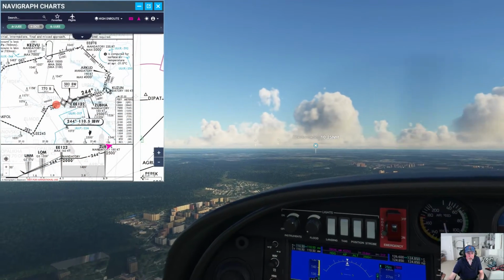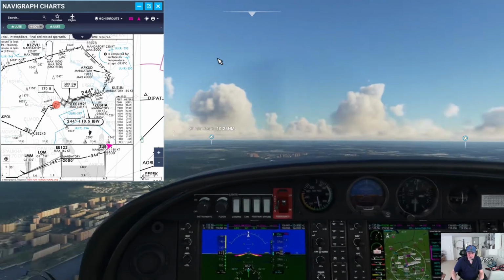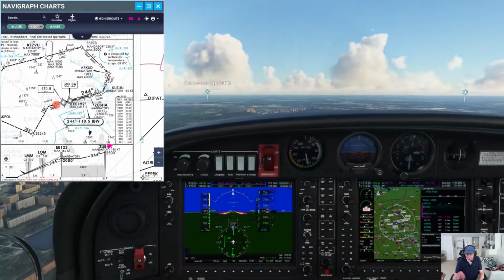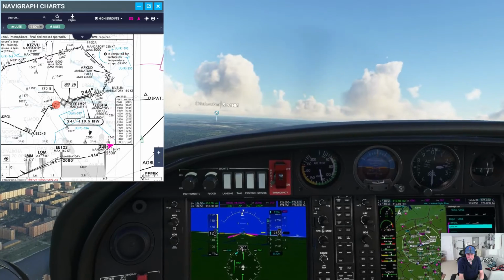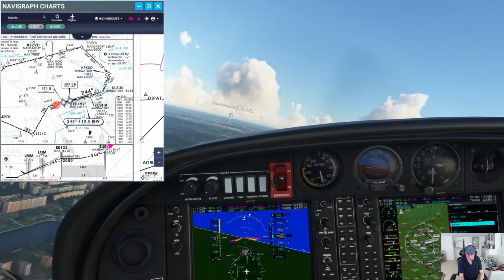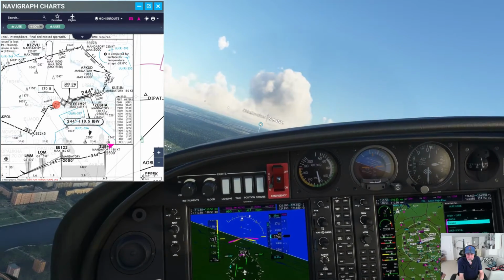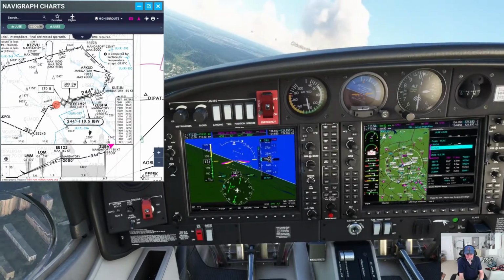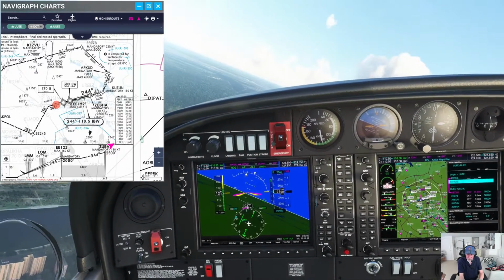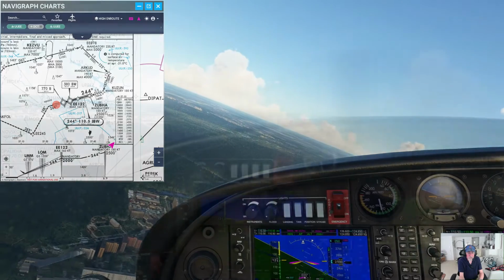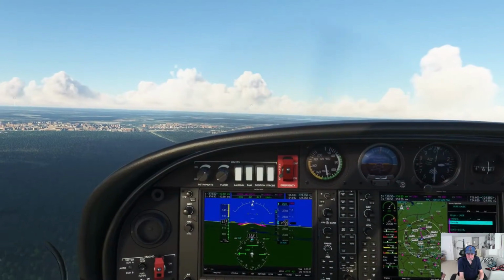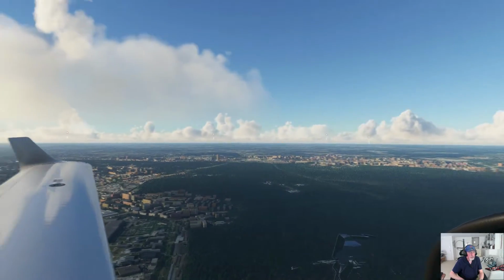So we're about roughly there, and now I'm going to turn on a course, a 90-degree course to the runway. Just kind of eyeballing it there. A little adjustment. Okay, so